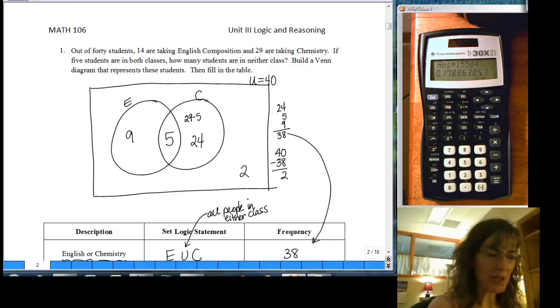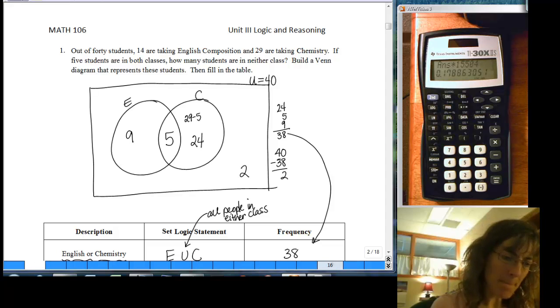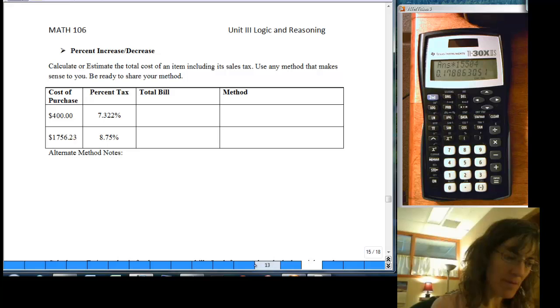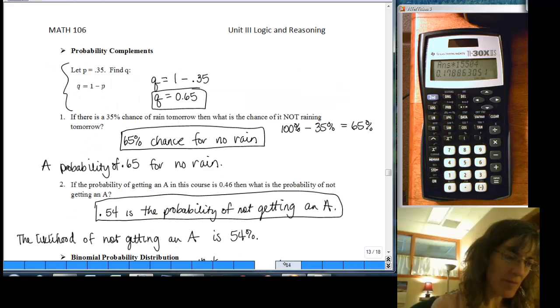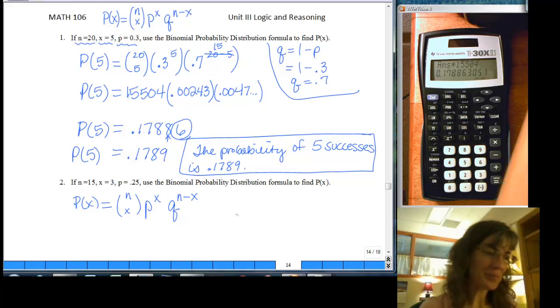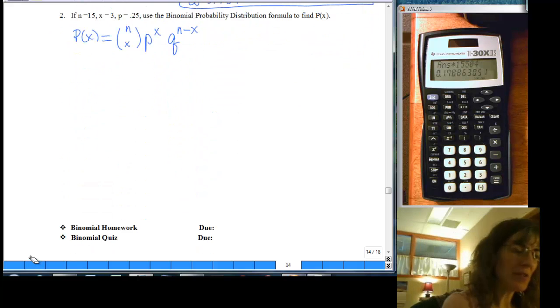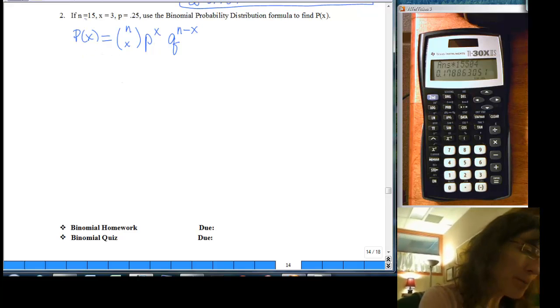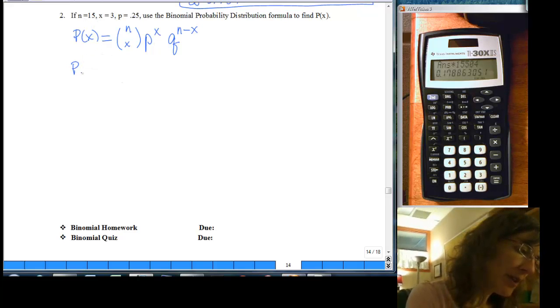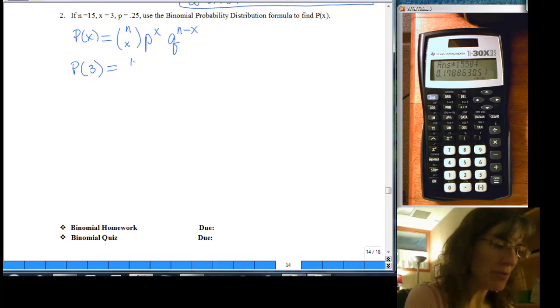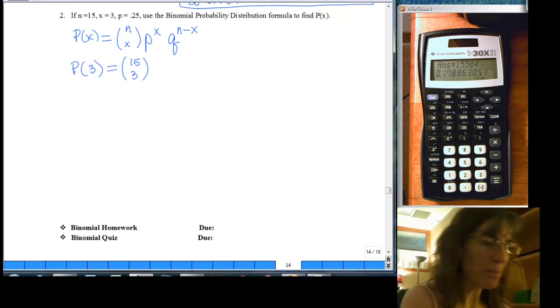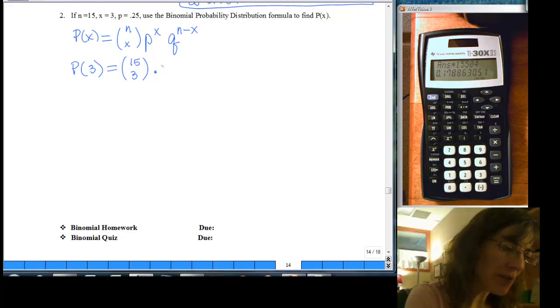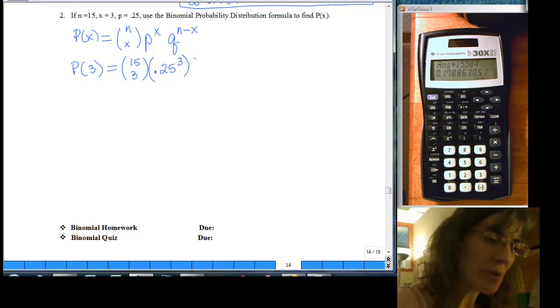Okay, now I just need to plug in my variables. There we go. I just plug in the values for the variables here. So I have n is 15, so I'll have p of my x is 3, so it's p of 3 equals, and then put in 15 for my n, 3 for my x, so it's 15 choose 3. Then p to the x, that's going to give me 0.25 to the x, which is 3, multiplying by that,